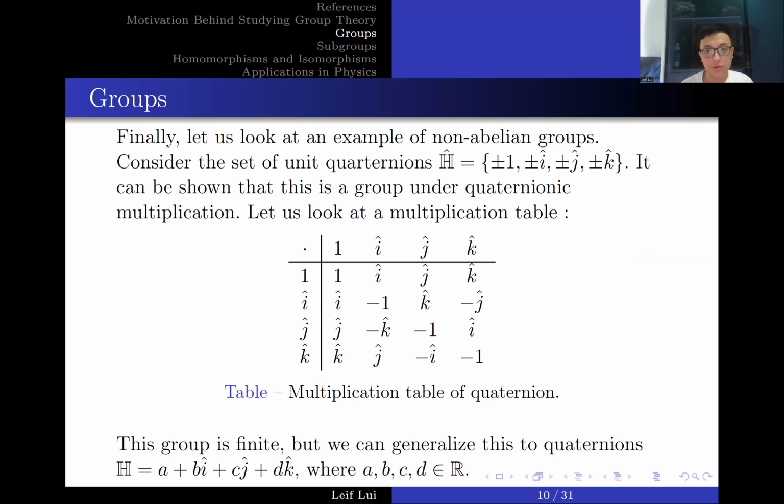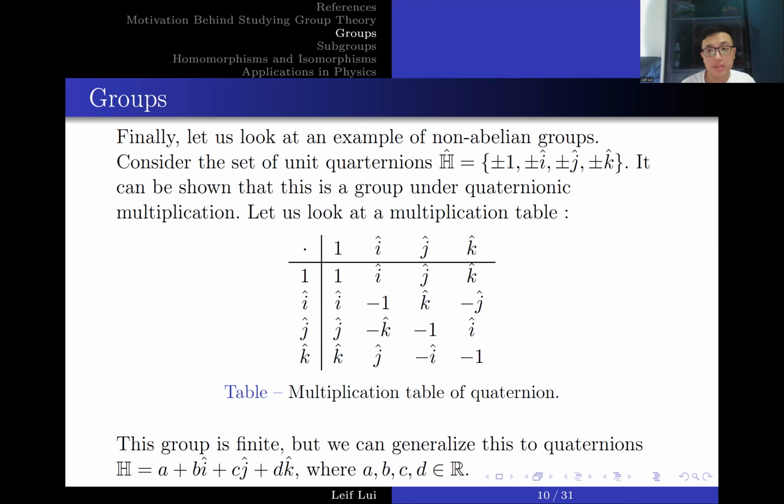Let's do another example, jki. Doing jk first, j and k yields i. i times i is -1, so that works. Now for jki, we do ki first. k times i is j, and j times j is -1, so it satisfies the associativity property. We need to check this for every single element in the group, and we can see that this is satisfied easily by checking.